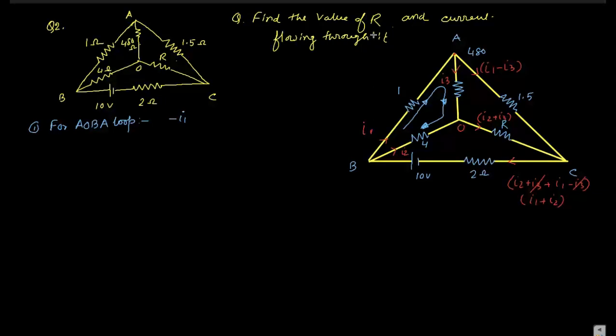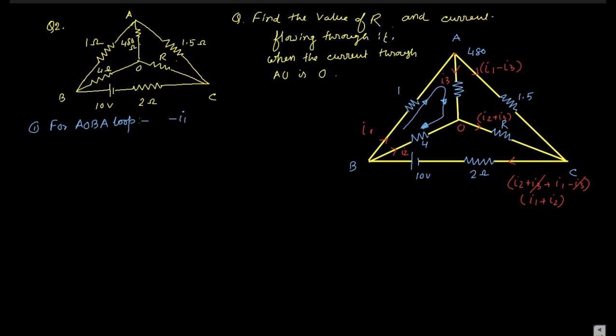Another thing is given in the question that I forgot to write: when the current through AO is 0, it means I3 is 0. So you cannot consider that thing also. For that you can also calculate I1, I2 and I3, all these things. That is not a big issue.